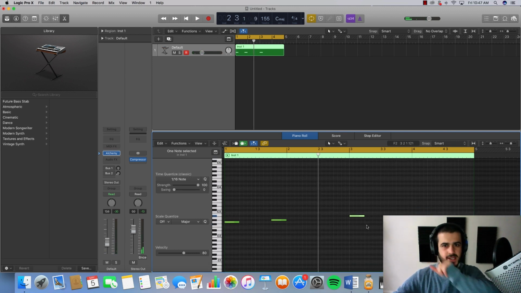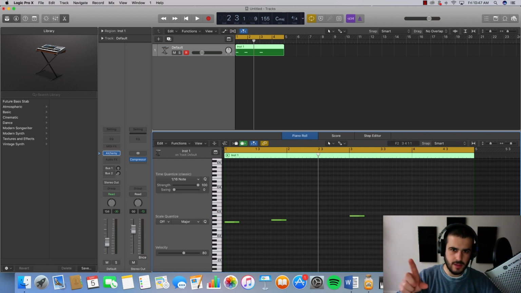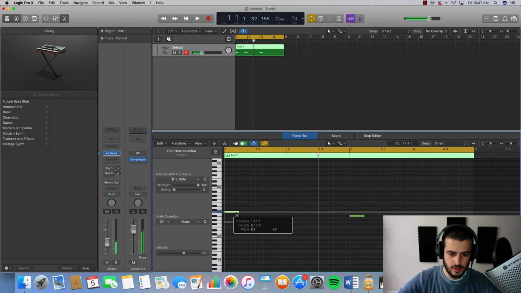I'm gonna do a different style melody, different mood. I usually don't start with this note here in my bass line. My bass lines I'll usually start with this note or this note in terms of the scale.